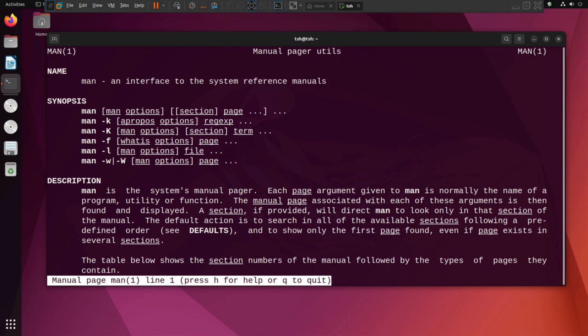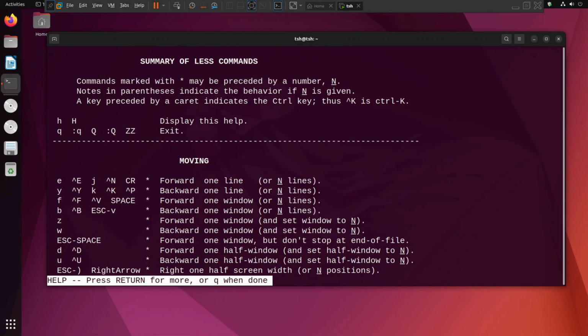Another simple but useful command is the H command. You can use the keyboard for typing this command. You just press the H button and you come to this summary of the less commands. Okay, so this is basically a kind of menu which helps you to understand the navigation system of the manual